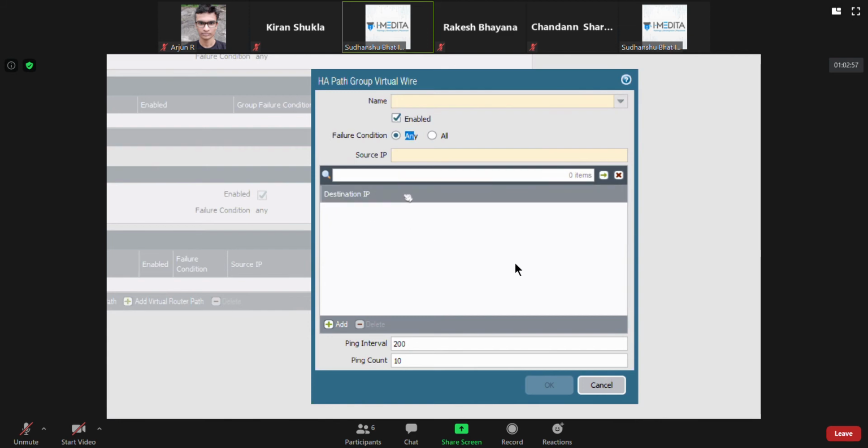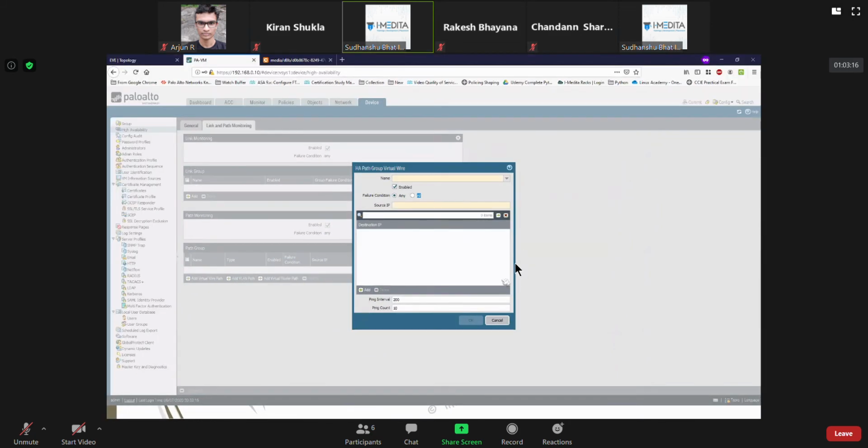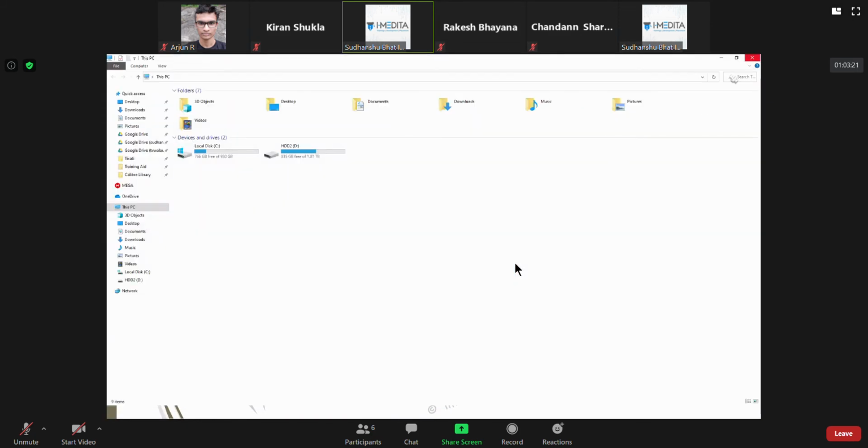Again, you can have the failure condition as any. In that case, if you have 4 or 5 IP addresses here and any one of them fails, you go ahead and declare failover. If you have all, then all of those must fail to be reachable, and only then does it consider failover.